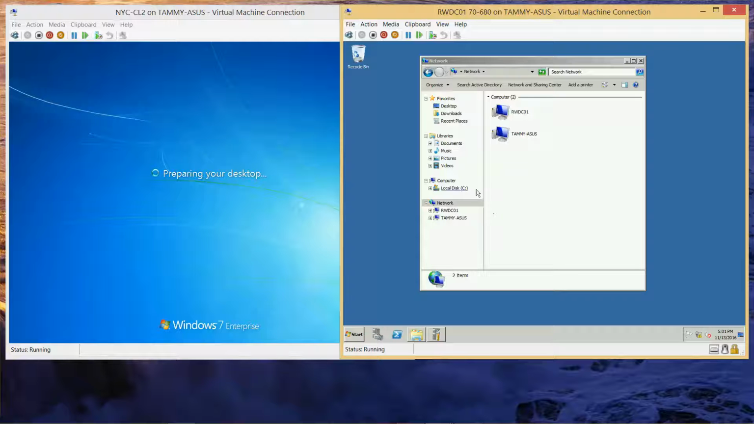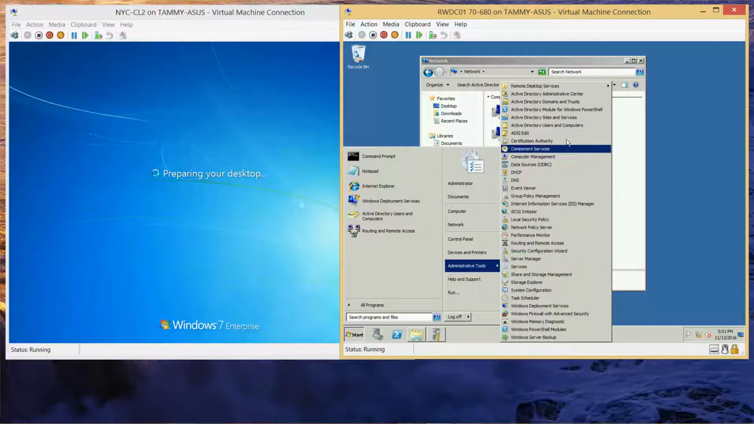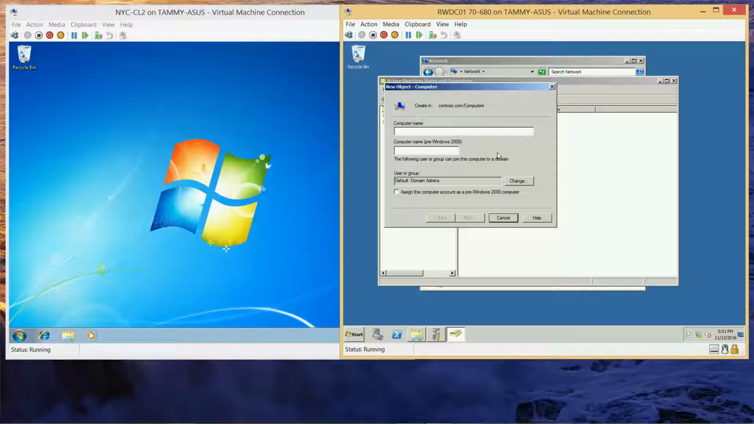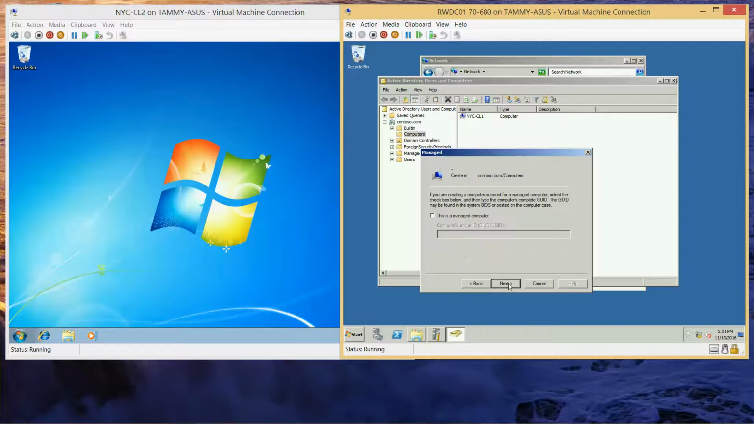Okay, while I'm waiting on that, what I'm going to do is go ahead and click on my start. I'm on the RWDC and go into Administrative Tools and go into Active Directory Users and Computers. And I'm going to create a new computer. And we're going to call this NYC-CL2. And then next,